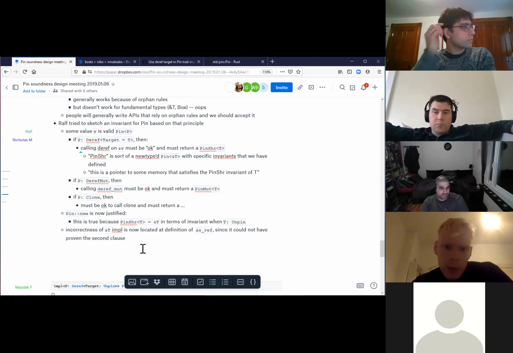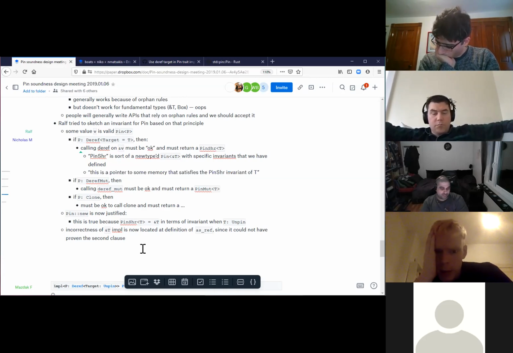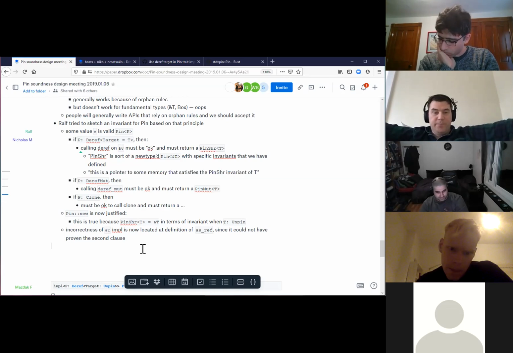Because moving the ManuallyDrop moves the pin, and you don't need to express that invariant separately, because ManuallyDrop's deref and deref_mut just don't return a Pin<&T> and a Pin<&mut T>. The pointers they return are not in that type state. Right. So when I say "return Pin<&T> or Pin<&mut T>", that's a statement about the return